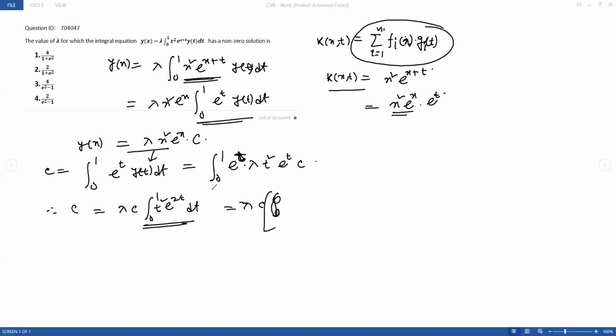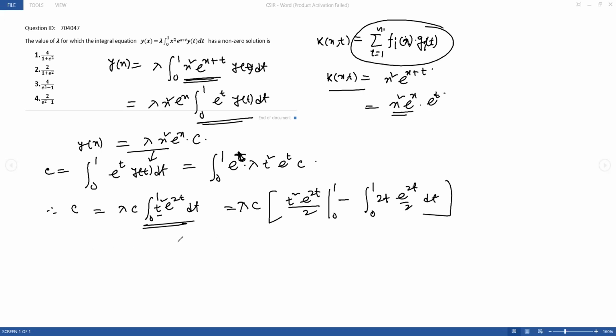So this will become lambda c times t square e to the power 2t by 2, limit 0 to 1, minus integration 0 to 1, derivative of the first function, that is 2t, and integration of the second function e to the power 2t by 2 dt. So this will be lambda c. This becomes e square by 2 minus,